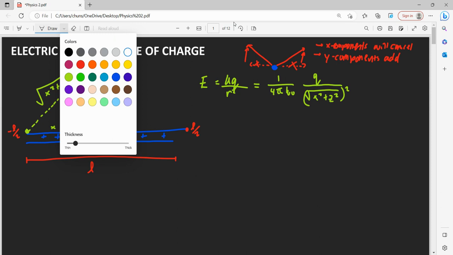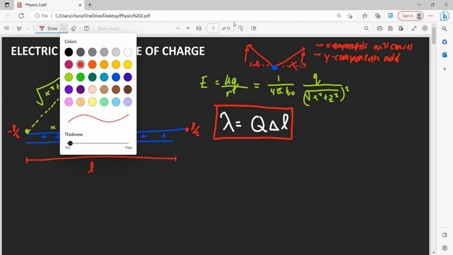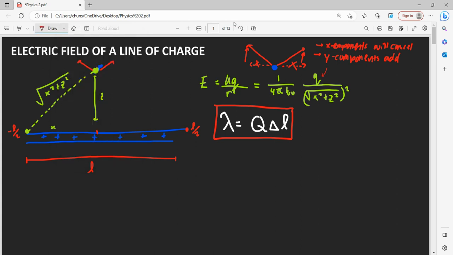There's a different way that we can write Q. When we talk about a line of charge, we are talking about linear charge density, which we represent with lambda, and that is our total charge on our object times our change in x, or our change in length. In this case, our change in length will be x. So I'm going to just circle that. If we took this and were to rearrange to isolate for Q, so we can plug something in for our Q value in our electric field equation, we would get Q equals,